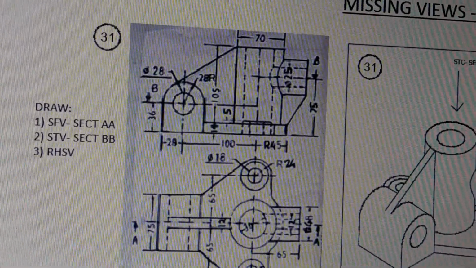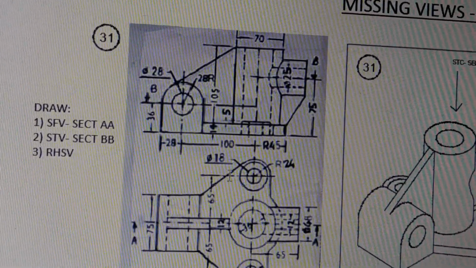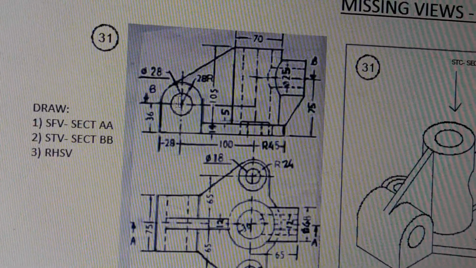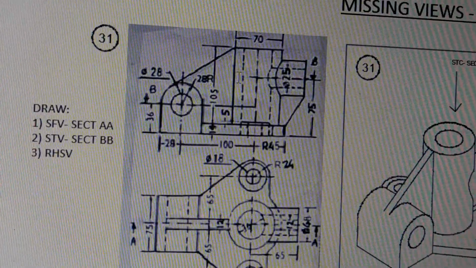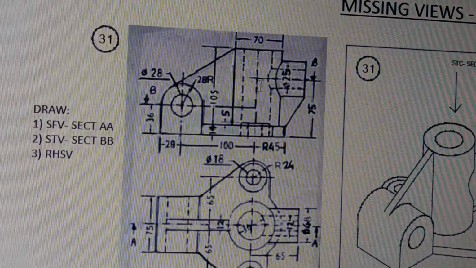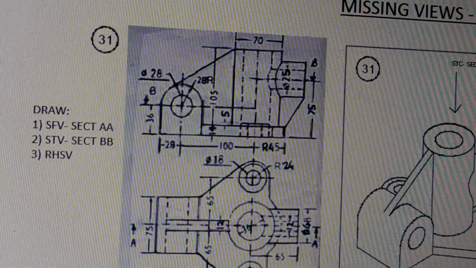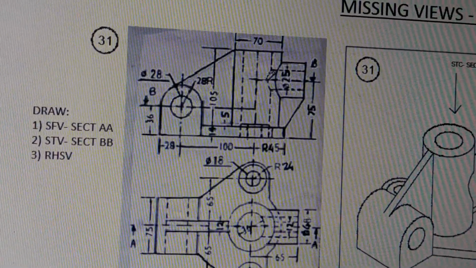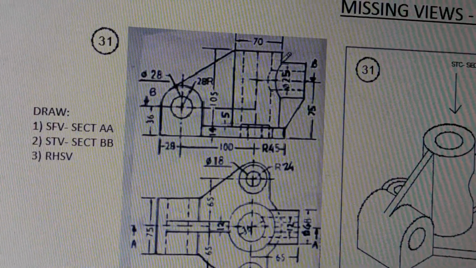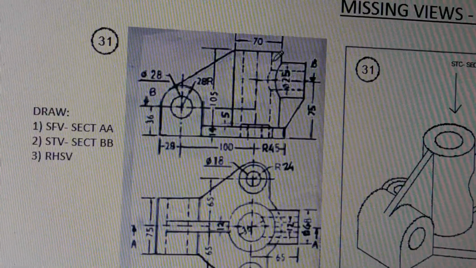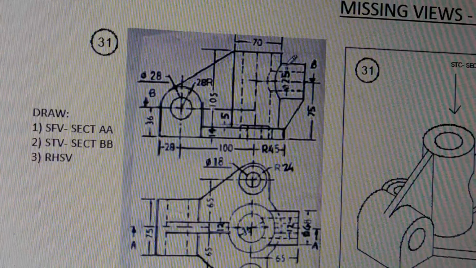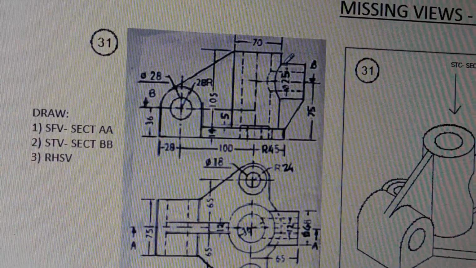So let us have a closer look, and now you can have a look at the front view again. In this front view, we are seeing this vertical shape like a pipe, and you can see this curvature which is there. This curvature is showing you the curve of intersection. So this is one curve of intersection for the inside hole, because these two holes are intersecting, and this curvature is for showing the outside surface of this cylinder intersecting the outside surface of this cylinder, forming a curve of intersection, which is this.